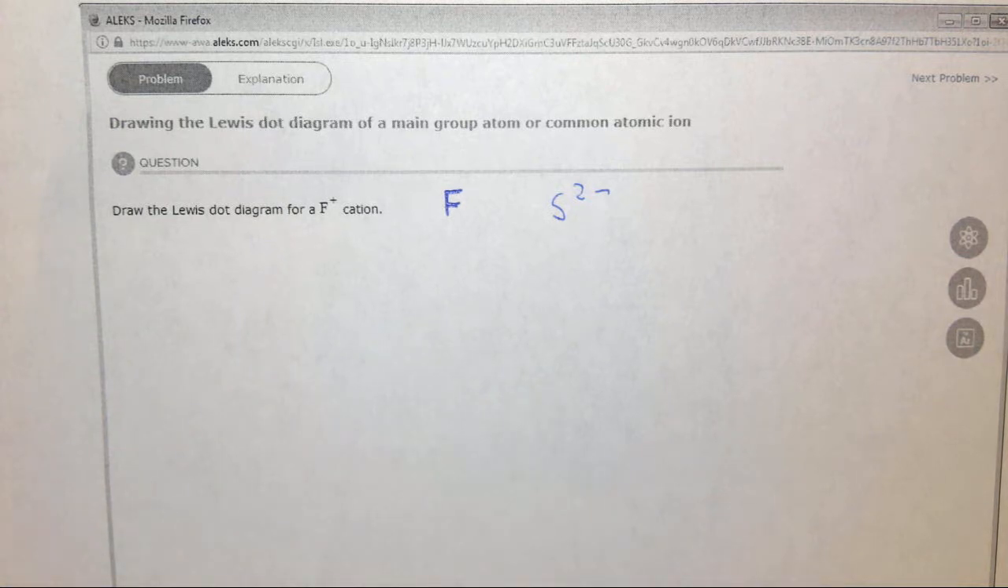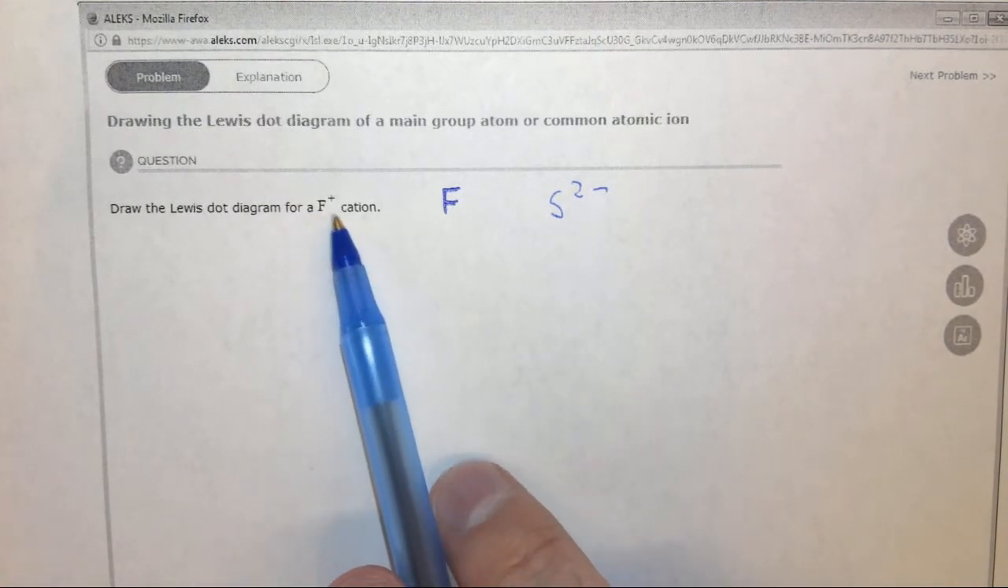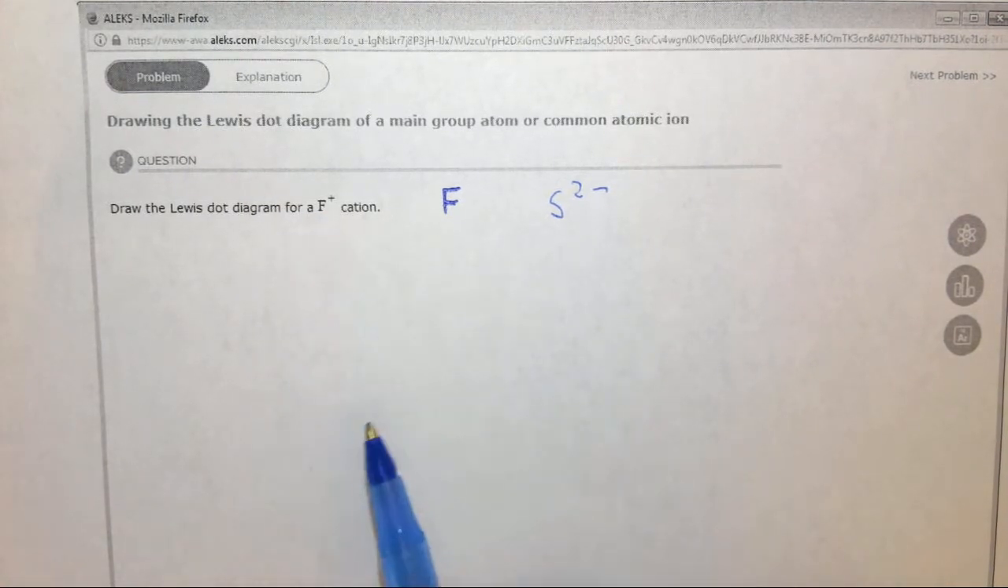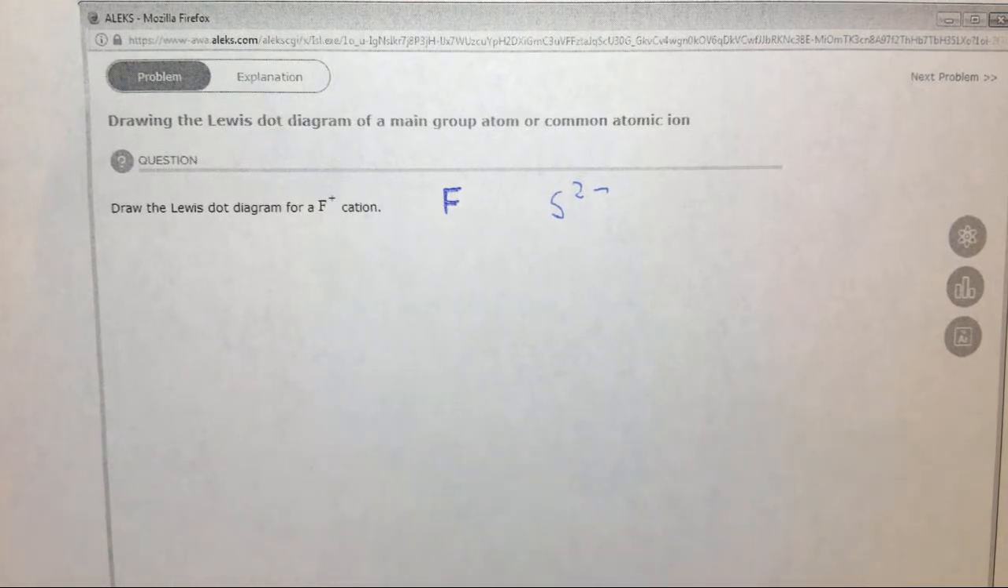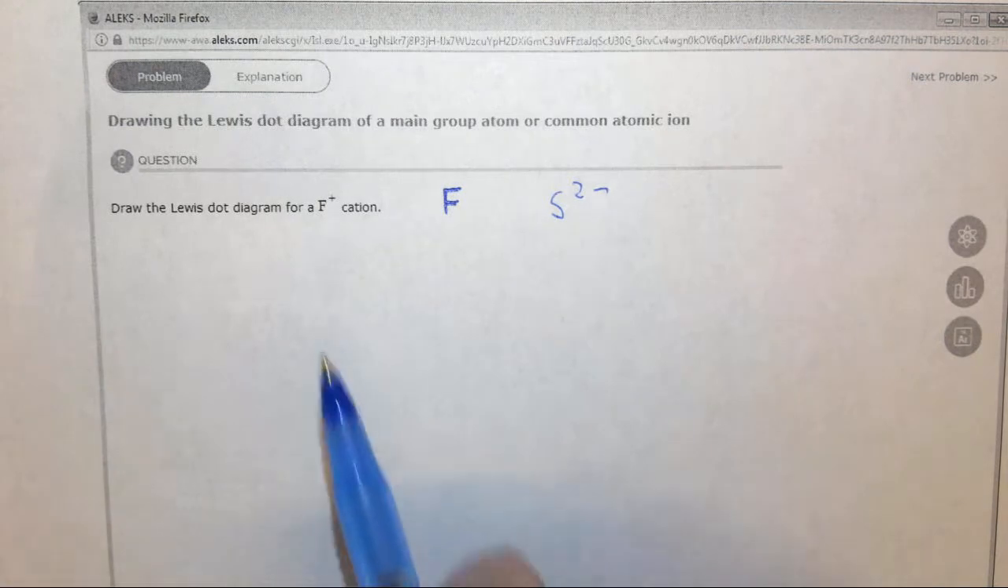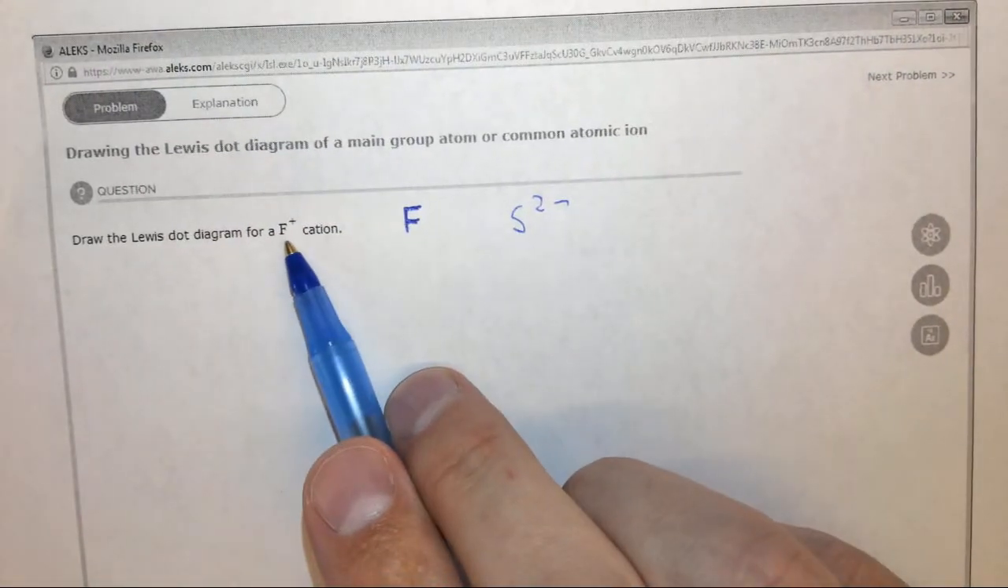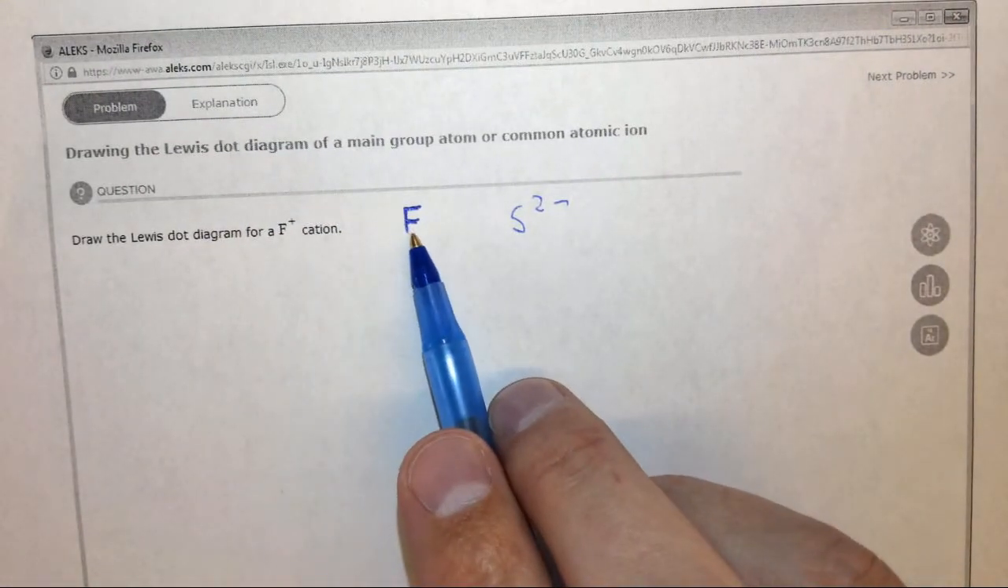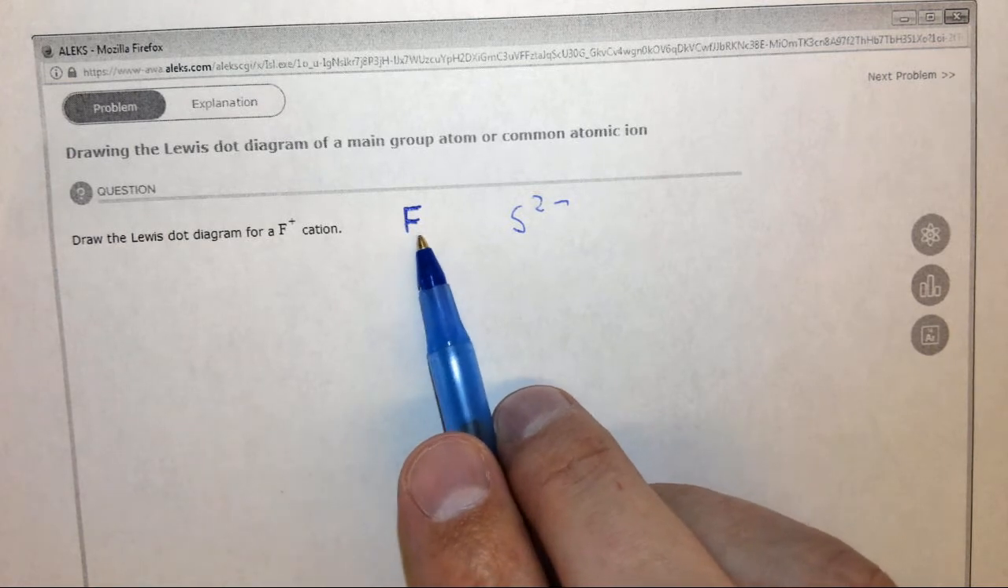In this question, we're asked to draw the Lewis dot diagram of a main group atom or common atomic ion. I might argue with "common atomic ion" because F plus is not very common, but we could still draw the Lewis dot diagram. The Lewis dot diagram is essentially dots that represent the valence electrons. So the first one we have, and the one in the actual question, is F plus. But I'm going to draw F first, which could be another problem on